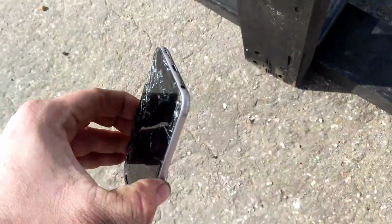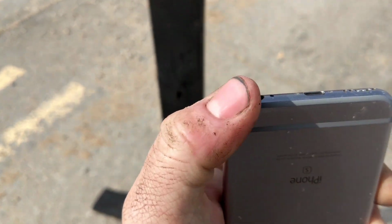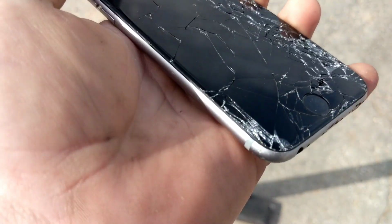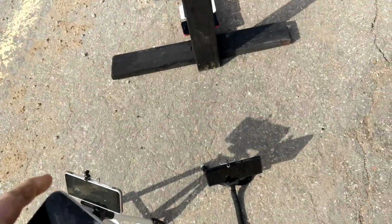Alrighty. As you can see, I went towards the headphone jack area. A couple little indents. It's not too bad. Looks like I did crack the screen a little bit from that side drop, but since the glass was already compromised, that's probably it. Let's go ahead and do a